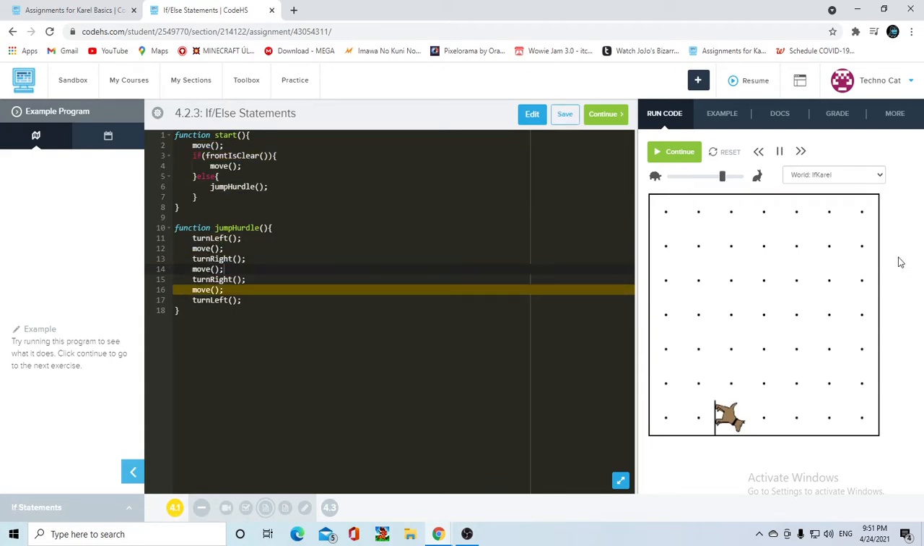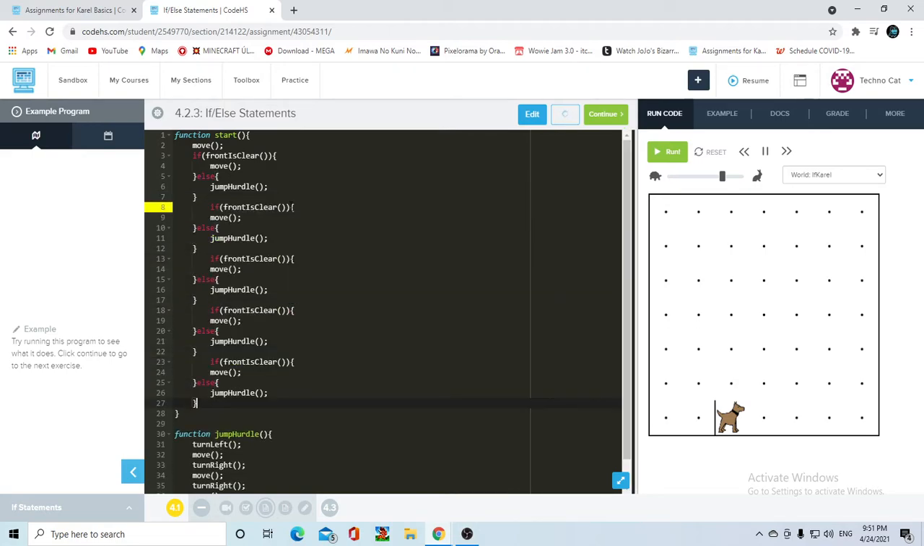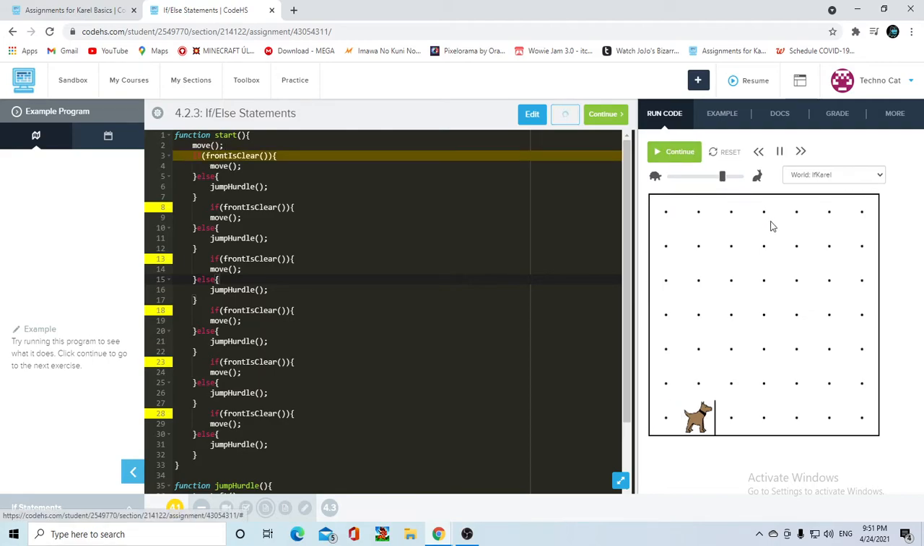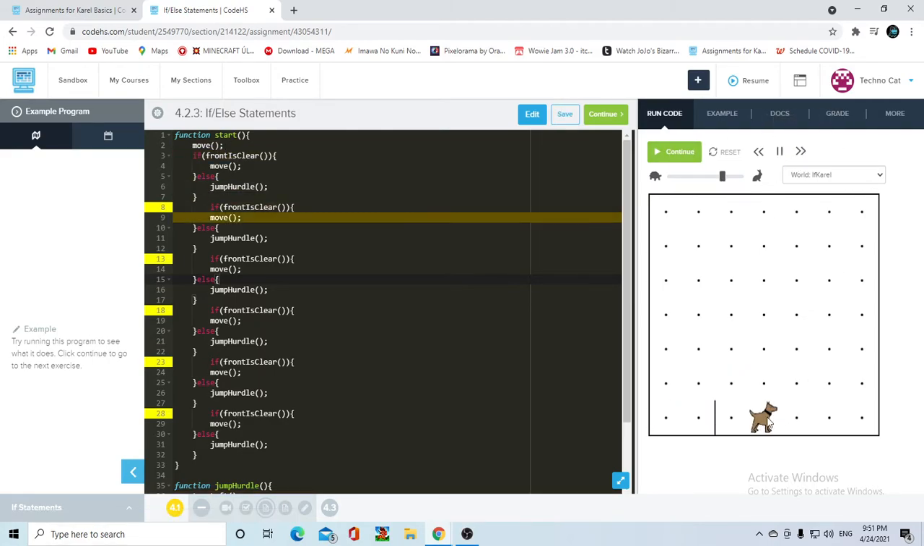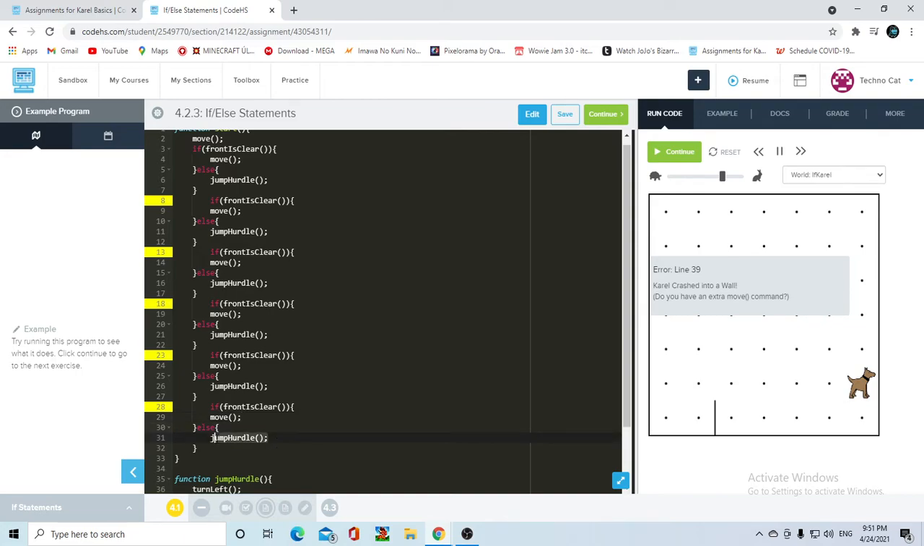As I said, let's say that we didn't know how many hurdles there were. In that case, we can just repeat this code. Okay? And now if I press run again, Karel's going to keep checking forward. But yeah, because of the jump hurdle thing, it doesn't really work. But if it didn't have it, if this last one was in an else statement,